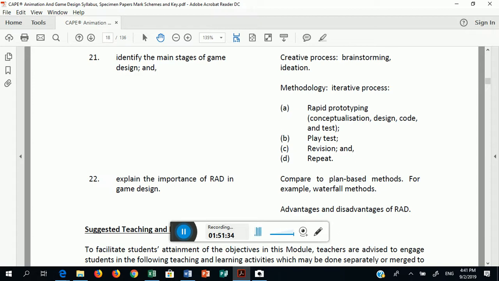Look at the start: the waterfall model, then the iterative model, which is the RAD model. And what do you think are the benefits of RAD? Faster. You can improve as you go along. Faster output of the production. Yes, you get faster output of the production. You are able to test as you go along, so you can find errors now rather than later. But the problem with it is that you sometimes rush the development process too much, and you don't get to work out the concept and the design very well. When you go to present to people, you show all the flaws in the game or the animation that you are creating. So what we'll do is that some